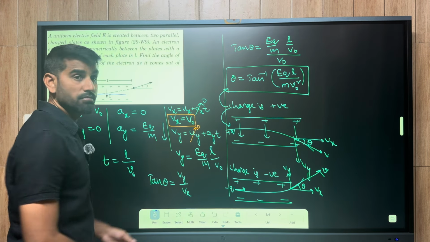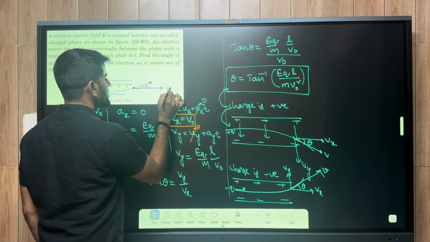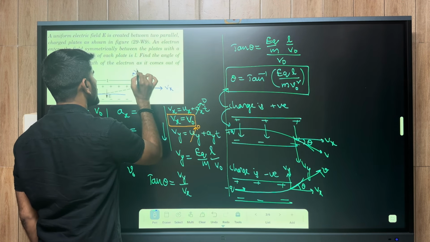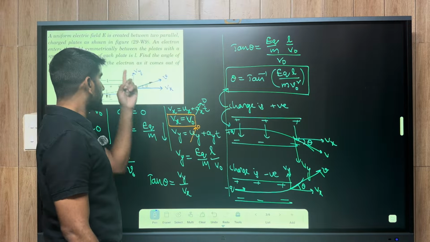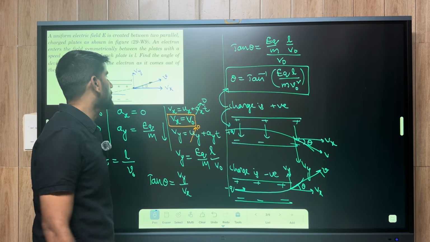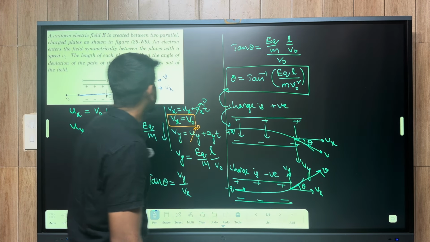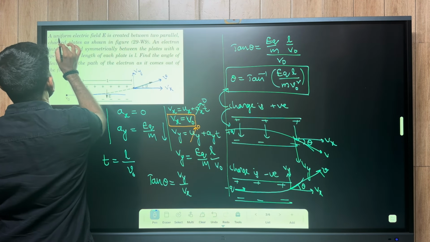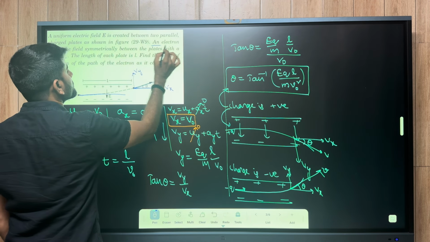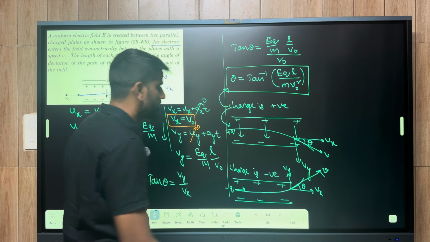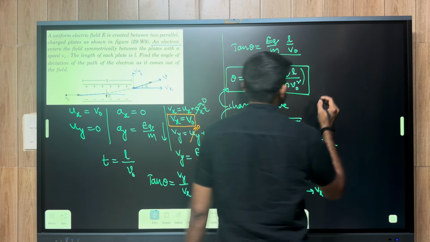Okay, right now we have this vx, this vy, and v. Why have we taken this vertical component of final velocity in the upward direction? Because we are given a negative charge, an electron, between two parallel plates, which is negatively charged. So the final equation will be